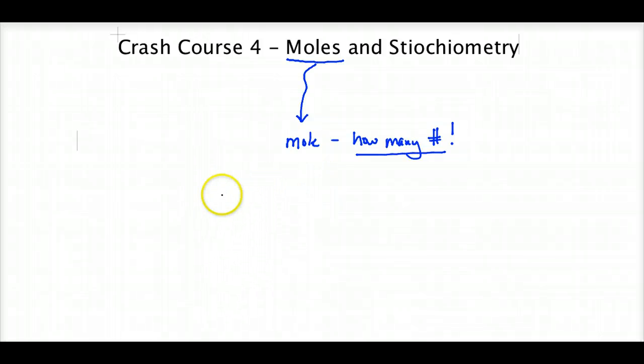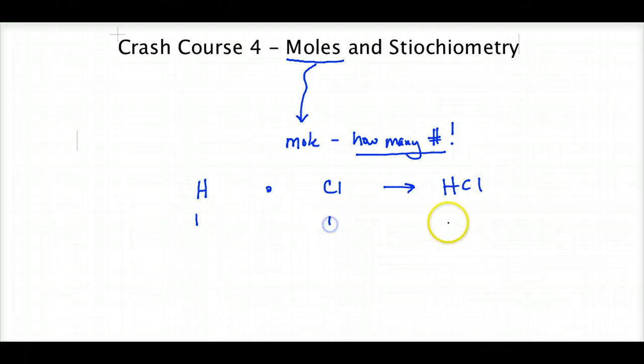Very simply, if I'm going to make hydrochloric acid in the simplest case, a hydrogen atom and a chlorine atom come together to make HCl. So one of these and one of these. We just did some stoichiometry, which is using the ratio of how many. In the chemical formula HCl, there is one H and one Cl. Notice we're counting the actual number of atoms compared to each other,